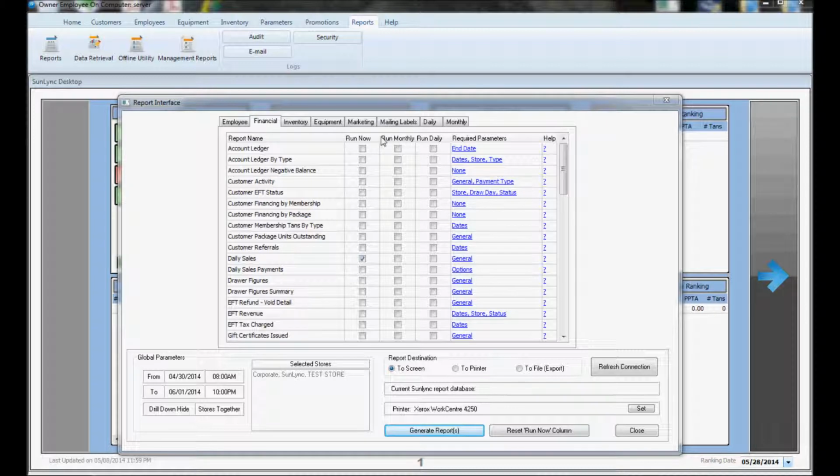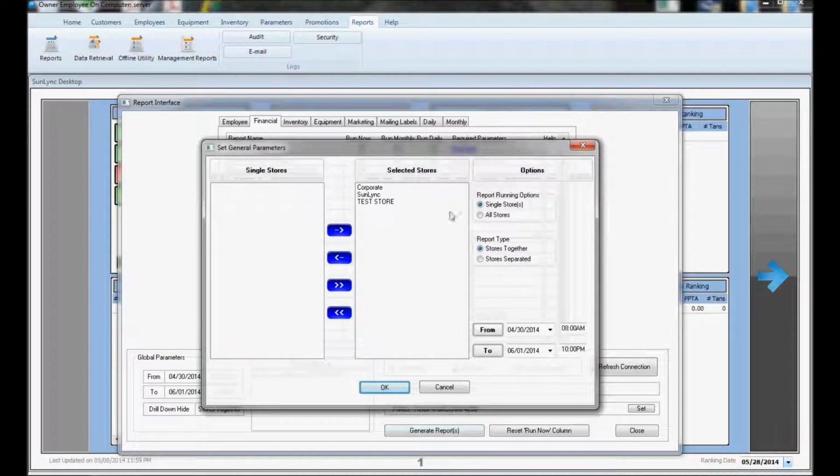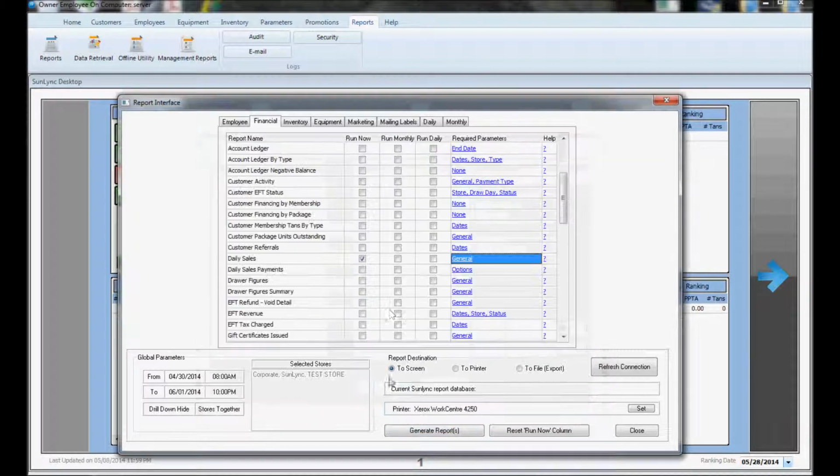I'll show you another example of a report. We'll do the Daily Sales one. So you check Run Now and you click the Required Parameters. For this one you just pick the store and the dates you want to run it for. So I filled that out and then I hit Generate Report,